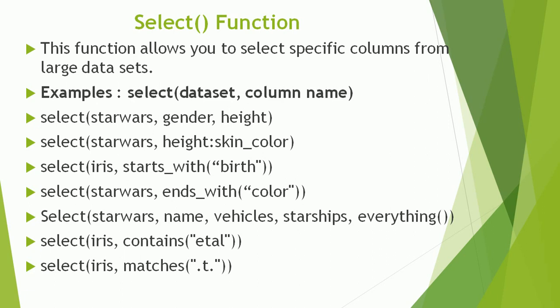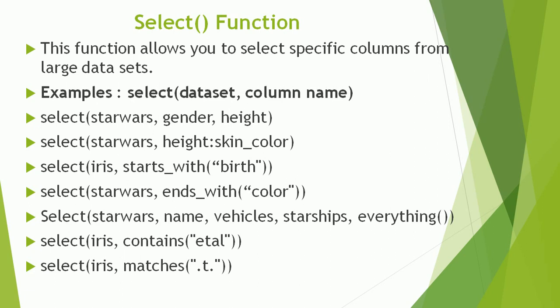Another way of representing multiple columns is if they are all present in a given range or are present together. For example, if I want to draw the data from column 1 to column 5, in that case it can be 1:5, provided all 5 of the variables are in continuous order. If such is the case, you can also select using a colon. Like over here we have used select starwars height to skin color. So right from height to skin color, all the columns or all the variables would be selected for your display.